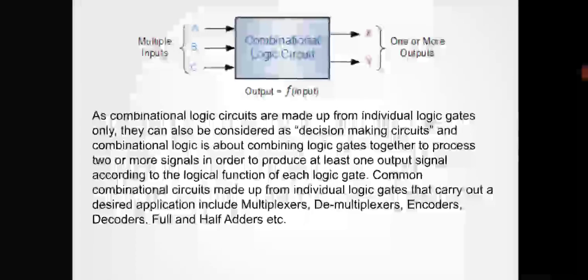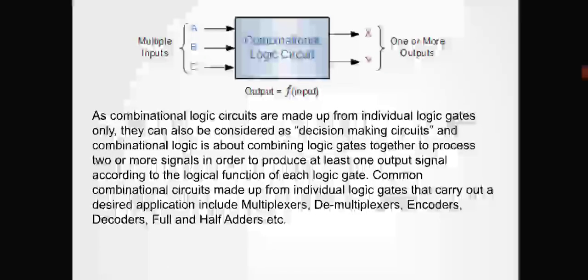Multiplexer means you are multiplexing, that is, if you have multiple inputs, you are combining those multiple inputs and giving them to a particular thing. Demultiplexer means if you have one channel, you are categorizing the output into so many channels. Next, encoder means you are coding it. Decoding is the reverse process of encoding. Next, you have full adder and half adder. I will deal with this full and half adder in the upcoming slide.